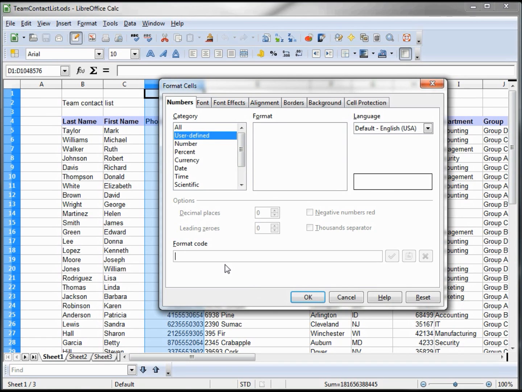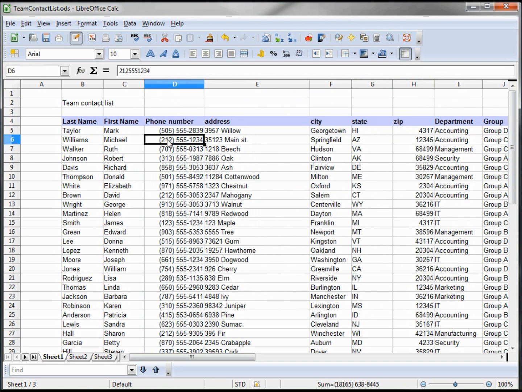To do that, I click on the right parenthesis and then the number sign, saying I want to have numbers there, and then 3-1234, for the US phone number. I will give this a little name and call this US phone number, and there it has it just like Excel had it.